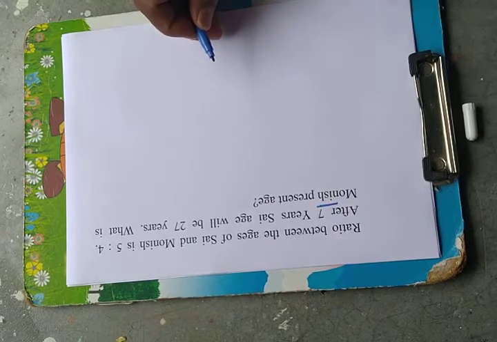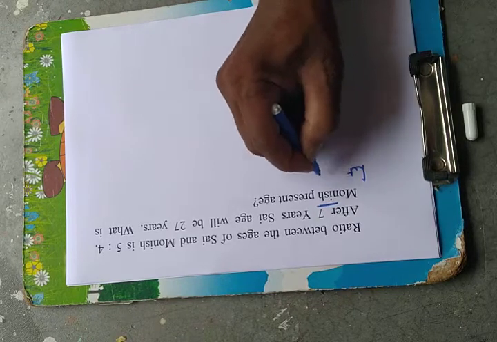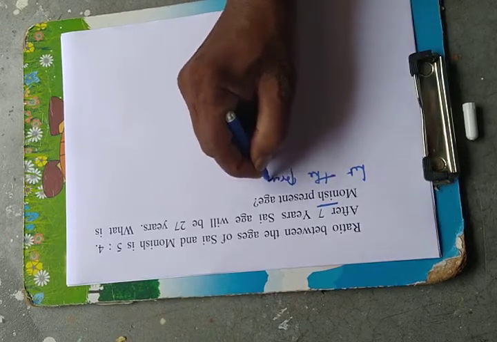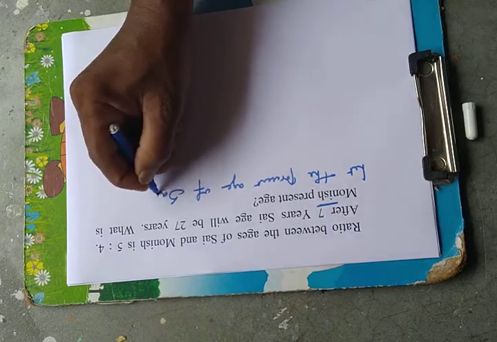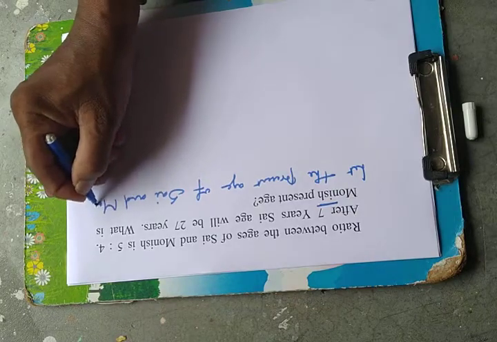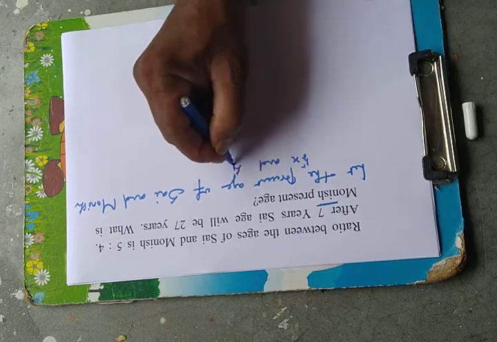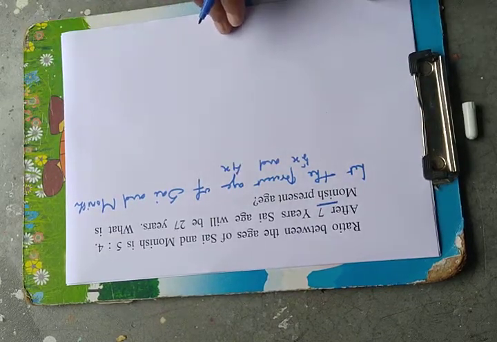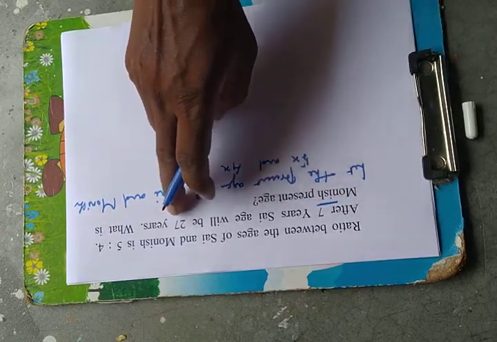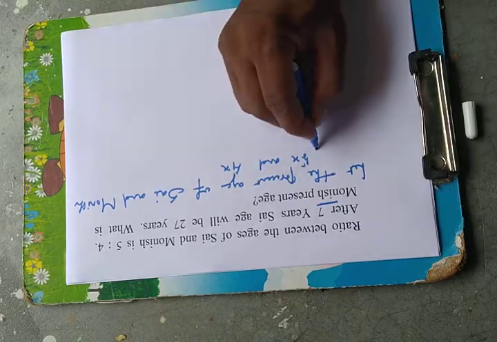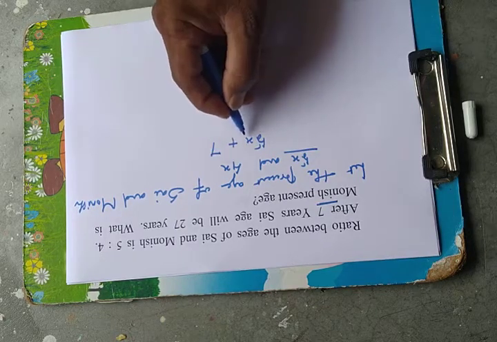Now we take the Soy age and the Monish age. Let the present ages of Soy and Monish be 5x and 4x. After 7 years, Soy's age will be 27. The present age of Soy is 5x. Therefore after 7 years, 5x plus 7 will be equal to